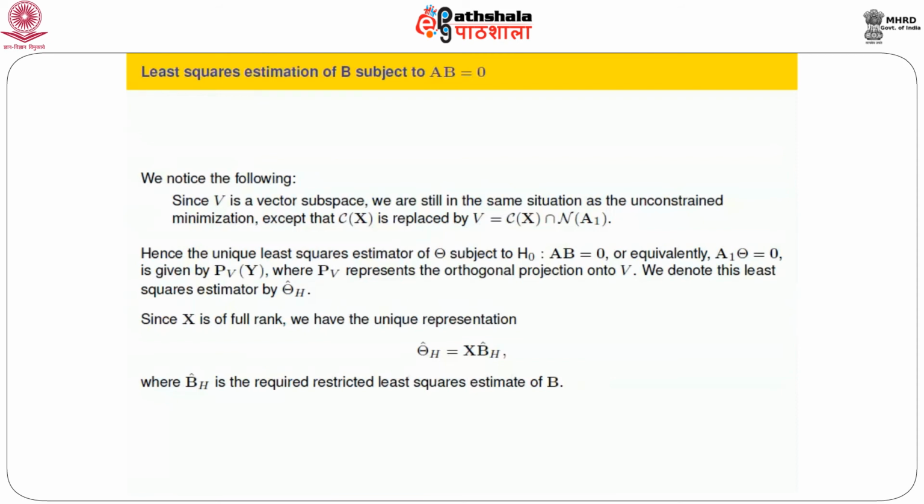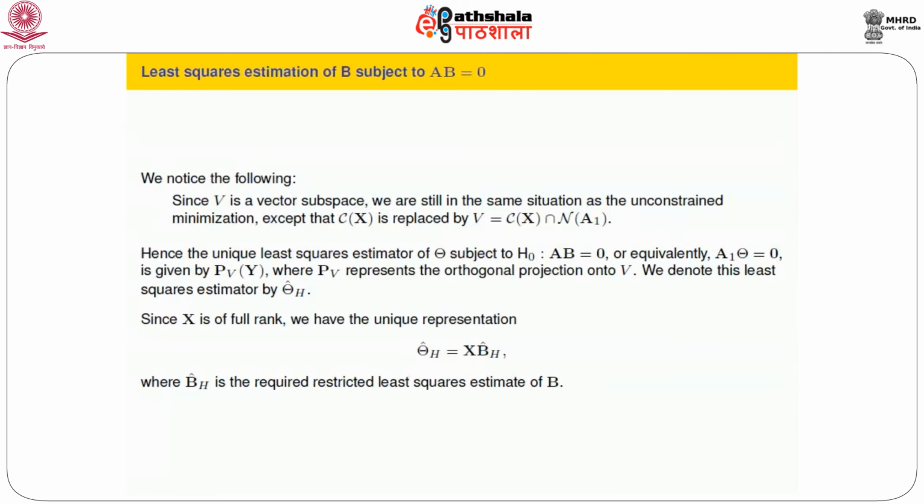So this is a new notation that we introduce now. This H naught is written to connect this estimation problem with a possible testing problem when we shall have occasion to test AB is equal to 0. This sort of question like lambda prime beta is equal to 0 in univariate testing we have seen. It is basically the same problem, and in order to pursue the analysis of variance based test, projection based test or likelihood ratio test, we need to compute, for instance in the likelihood ratio test, an expression for the MLE of capital B subject to A beta is equal to 0. So therefore we give this new estimator a new name, theta hat H.